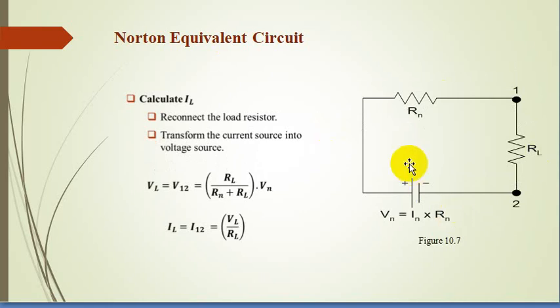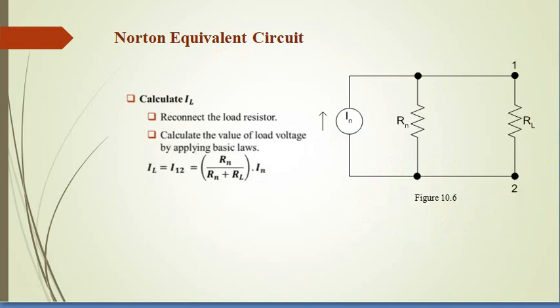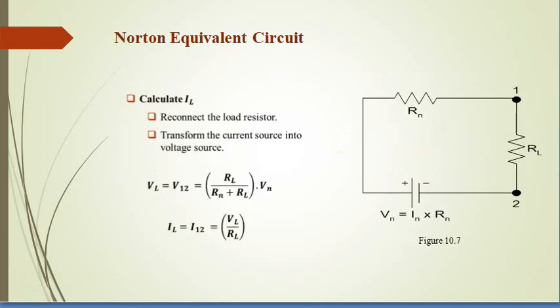Here you can see that now the current source is converted into the voltage source. The condition is that there is a resistance parallel with the current source. As you can see in this slide, the current source is parallel with the resistance, then we can convert this into the voltage source, and not only that, but we have the resistance in series instead of in parallel.